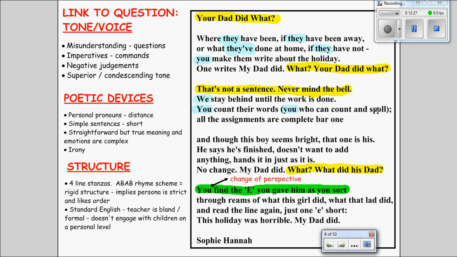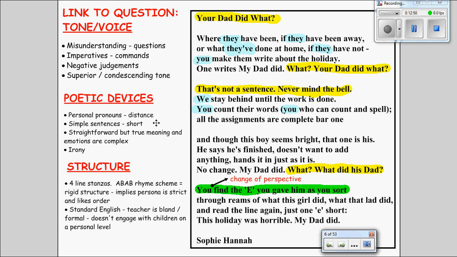By using the word you, we kind of put ourselves in that teacher's shoes as well, which makes it even more effective when we get towards the end of the poem and we realise with this change of perspective here what's actually going on. And we maybe feel a sense of guilt or a sense of shame that the teacher hasn't realised, but also we haven't realised as a reader what's happened to this child.